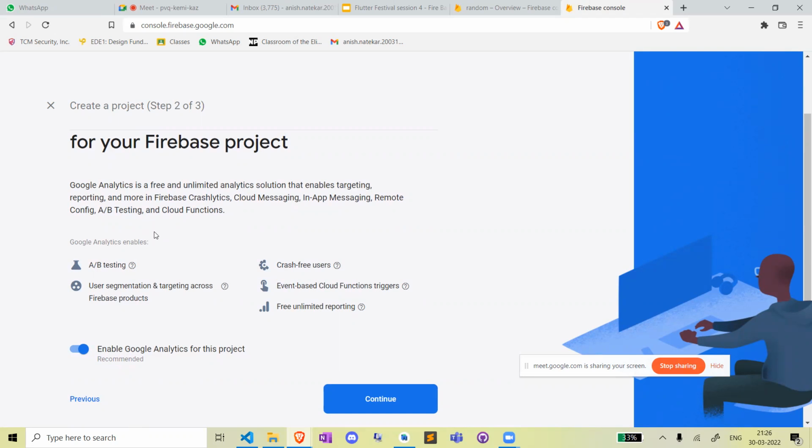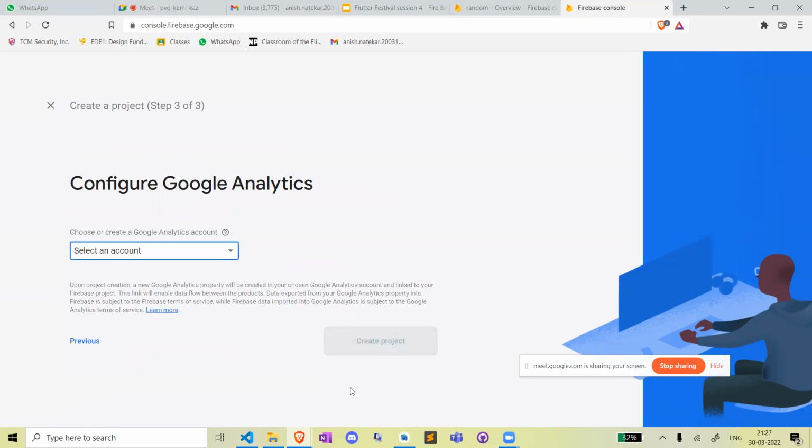It will give you all the data about the users, like user segmentation, targeting across Firebase products, crash-free users, event-based cloud function triggers, some kind of reporting it will do. So you can enable or disable these. I would just keep this as default enabled and just do continue. So after you do continue,